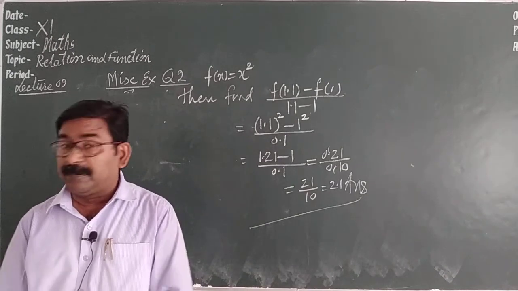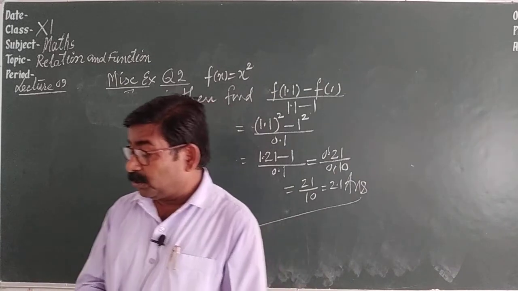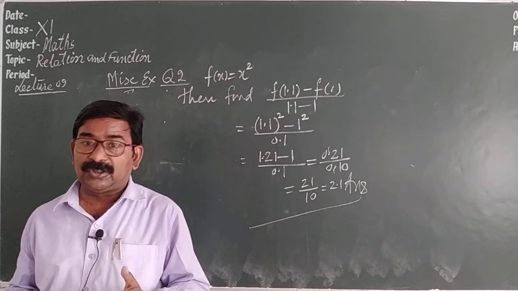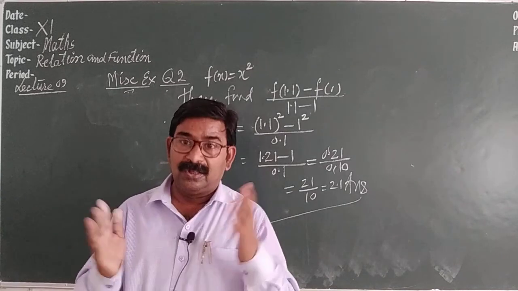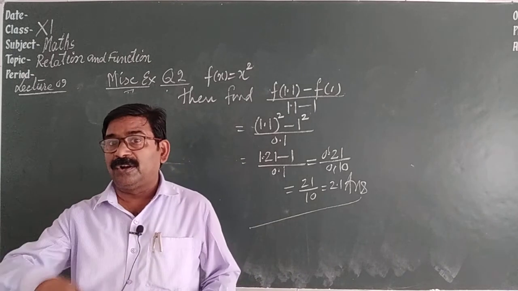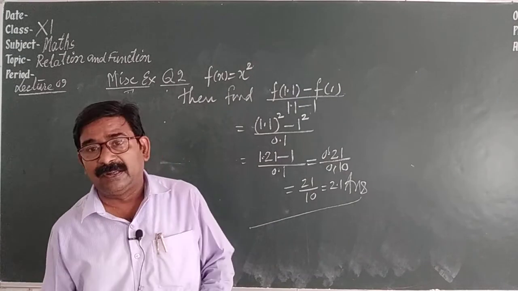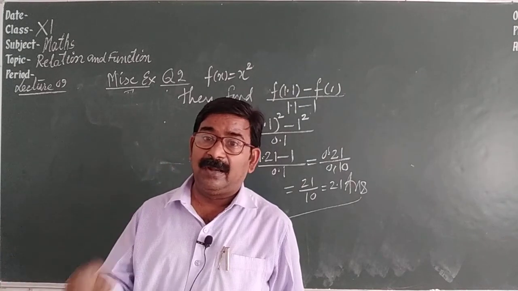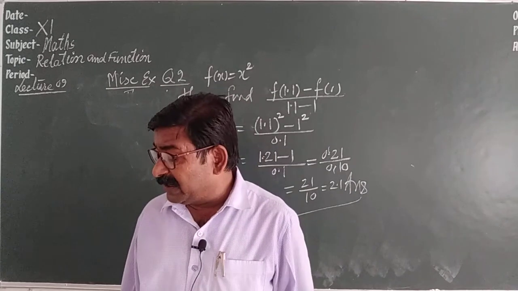So if the denominator becomes 0, it will not exist. So for the domain of the function, x square minus 8x plus 12 is not equal to 0. Solve that equation. Whatever roots are coming, not equal to those, so all real numbers minus those. Suppose 2 and 6 are coming, then the answer is all real numbers minus 2 and 6. Got it? So this is a very simple question.